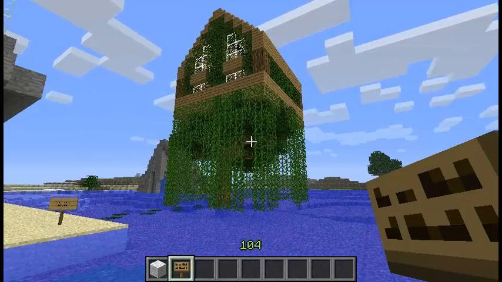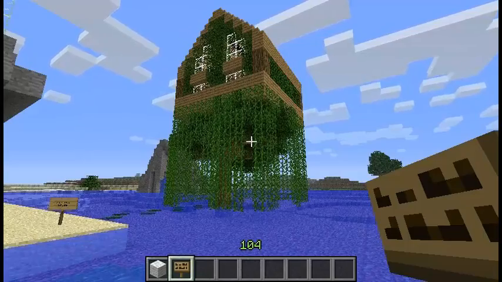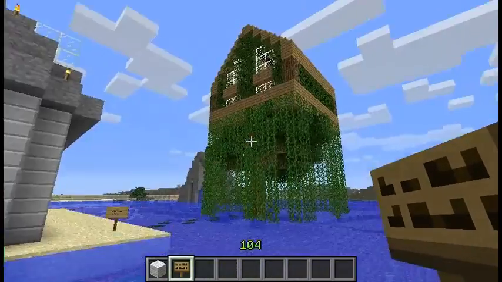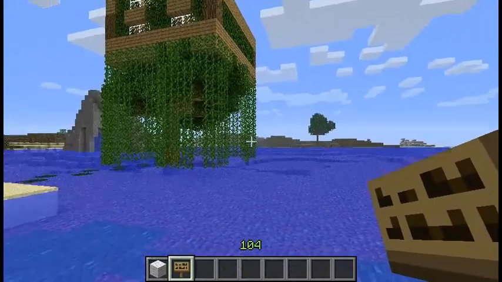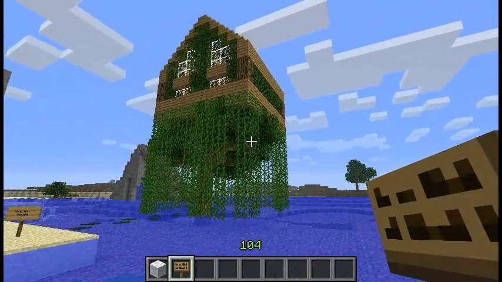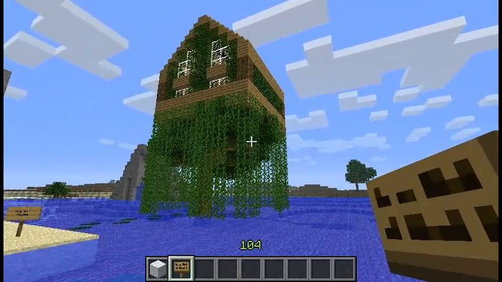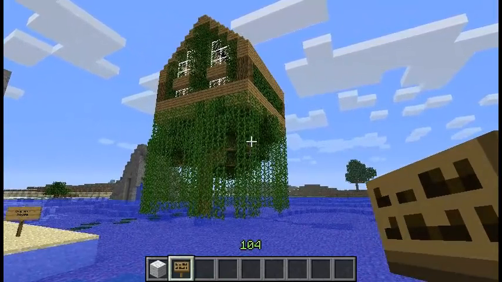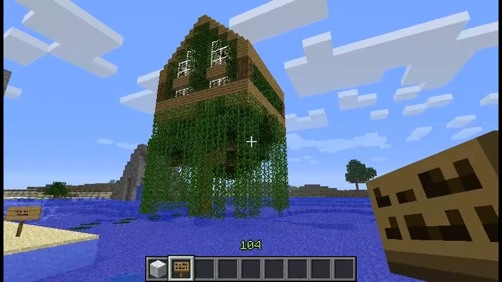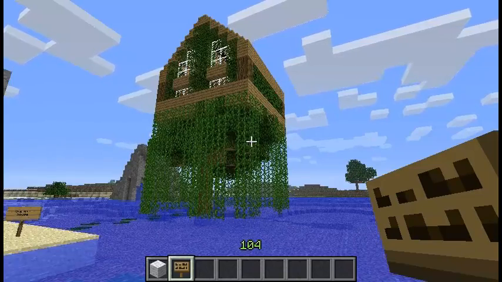What you have is a house on top of the tree, which is a bit strange. Usually you have a tree and then in the middle there's a house. So the problem, if you feel there's a problem, I think the problem here is the house is too big or the tree is too small.